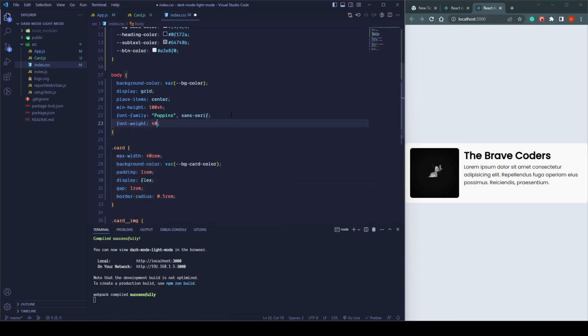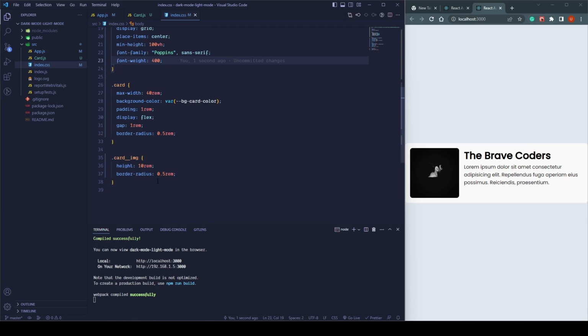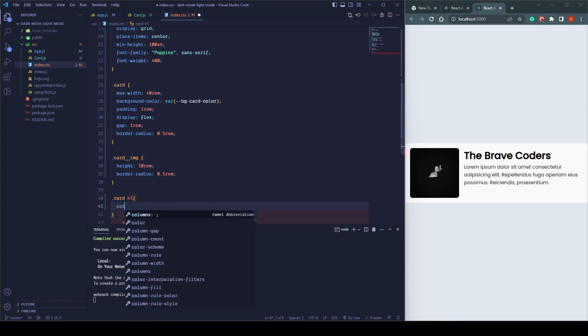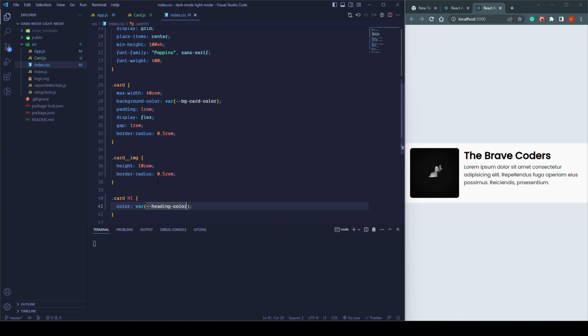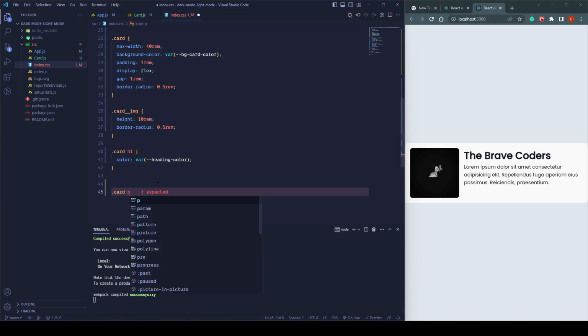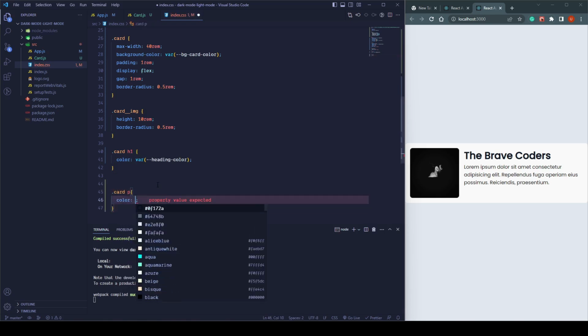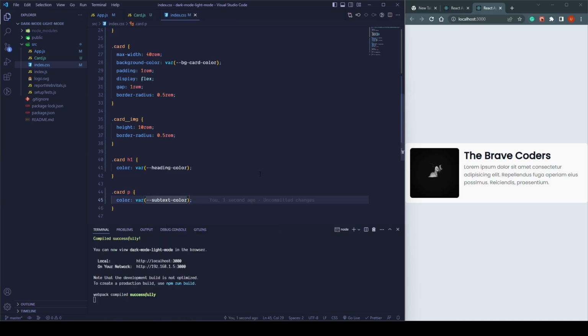So first I am going to set the font weight to 400, and let's select the heading. So we can directly select card and h1, and set the color to our heading color, and let's select card and paragraph, and here the color should be our subtext. Here you can see,